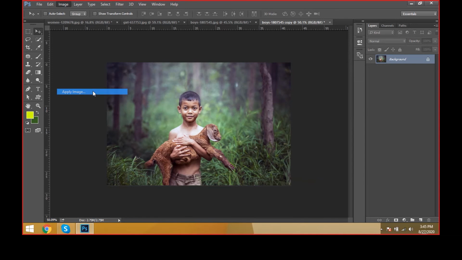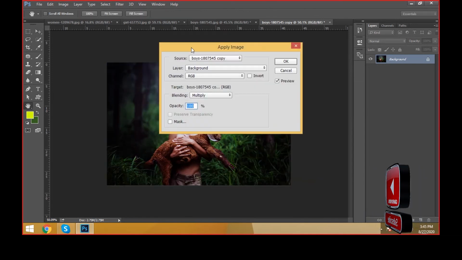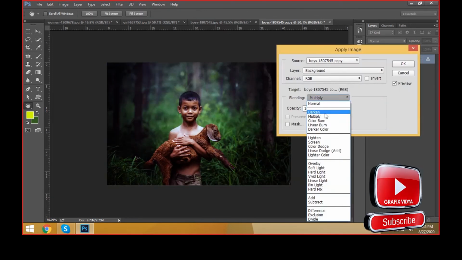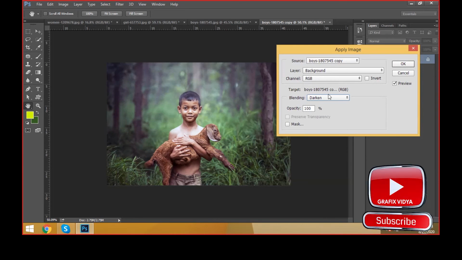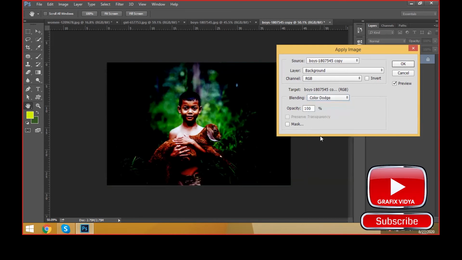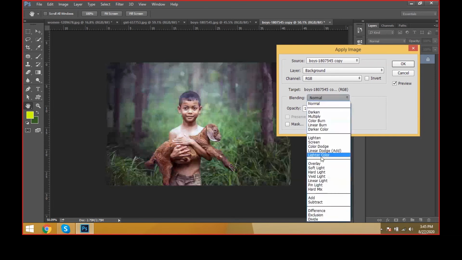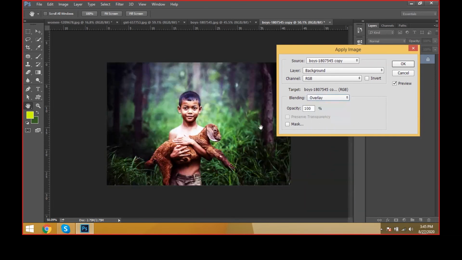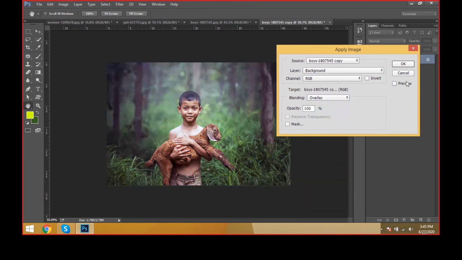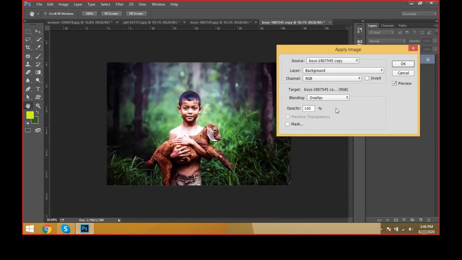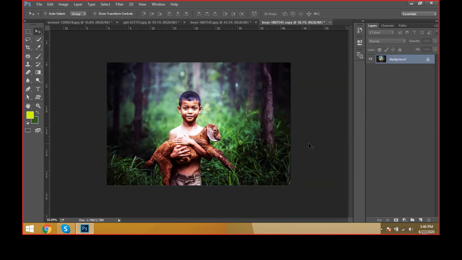Then go to apply image. What is this one for apply image? This is multiply mode, and come to here darken mode, and we have so many shades to apply here. That is blending mode, color dodge, linear dodge, lighting colors, and overlay. See, like this the effects will flow, the original and the effects. These are the effects we are applying with the blending styles to the image document, that we call apply image. Click OK. Then step backward with Control Alt Z on the keyboard.